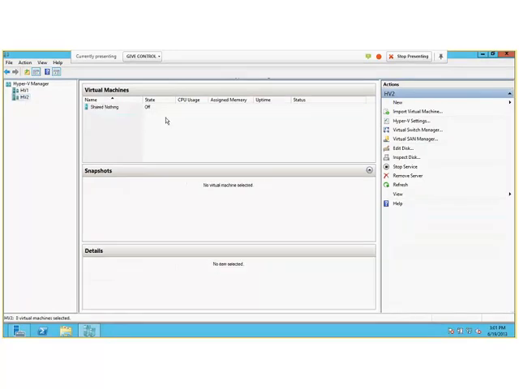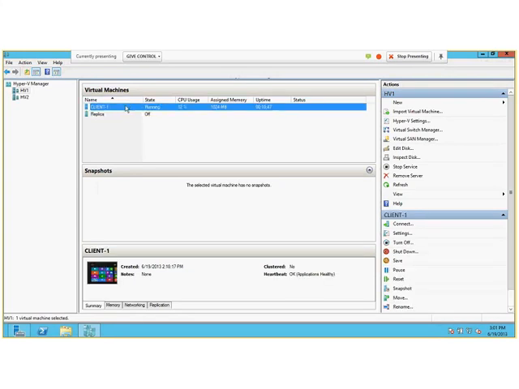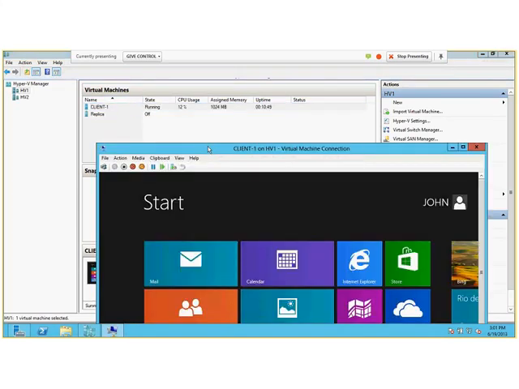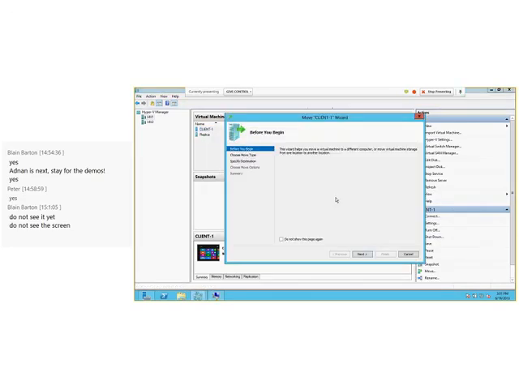It actually went over to Hyper-V 2. No storage, no SAN, no nothing in between. So if we do the same here with client 1, our machine that's already on, if we right-click this, and go through the same steps that we did,